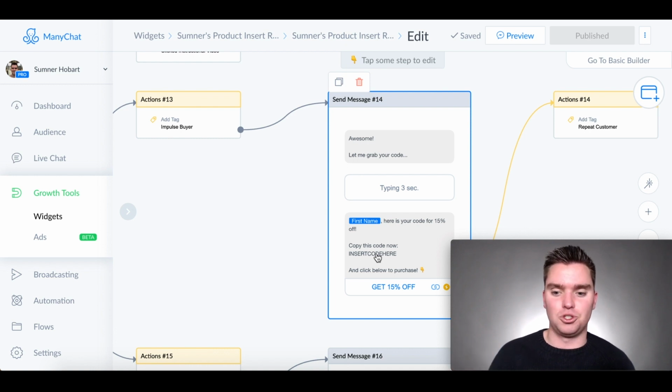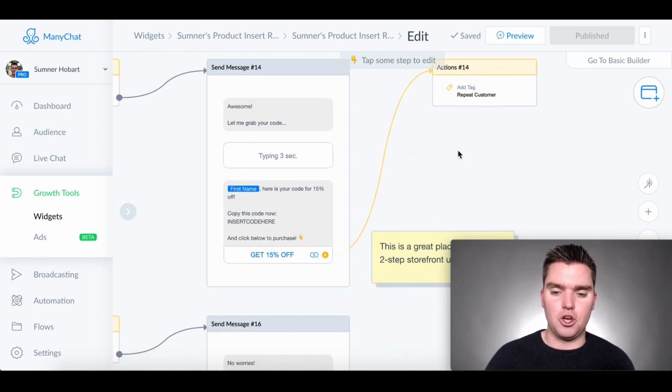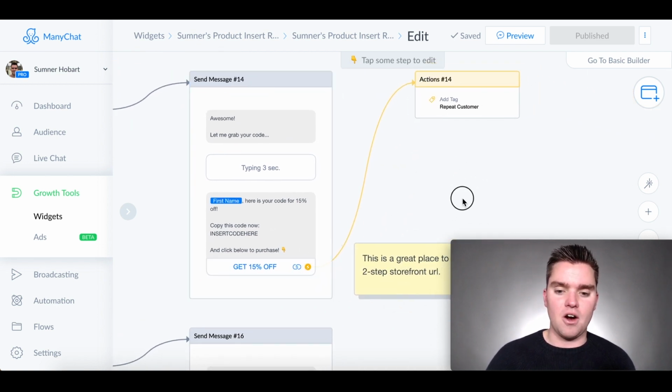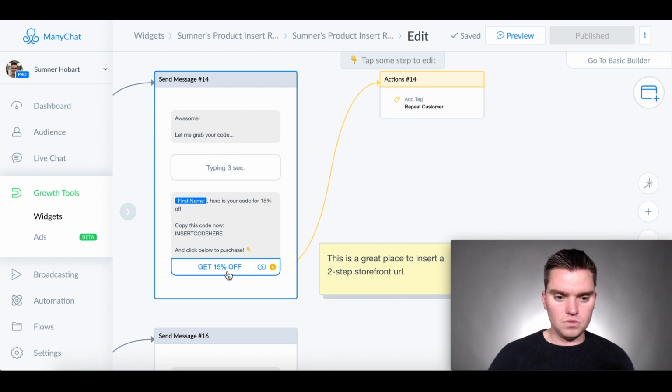You don't have to get Seller Tools to use this flow at all. So that's why I kind of kept it here. Just create a code in your Amazon Seller Central account for either 15% off, 20% off. If you want to do the $25 gift card, whatever it is, you can use that here. And then click below to purchase, right? If you are going to use a coupon code, what you can do here, and as I wrote over here, is that